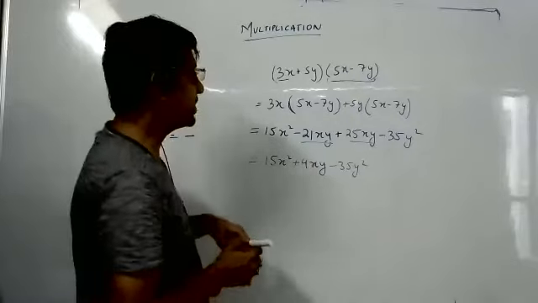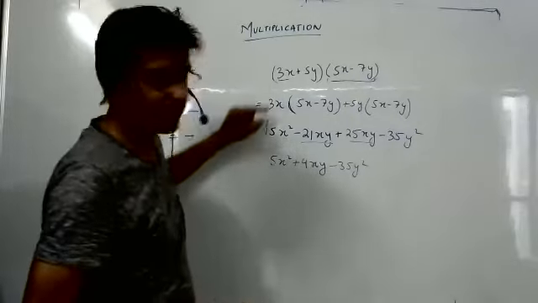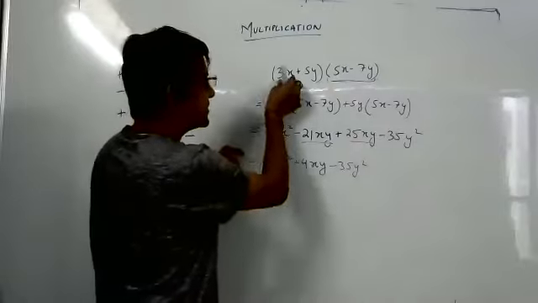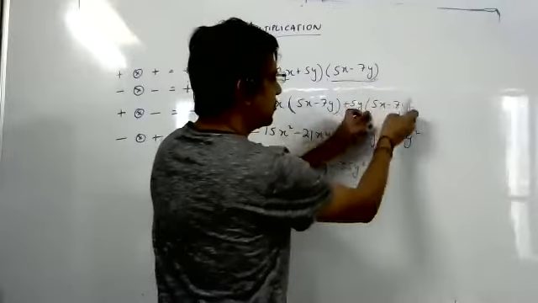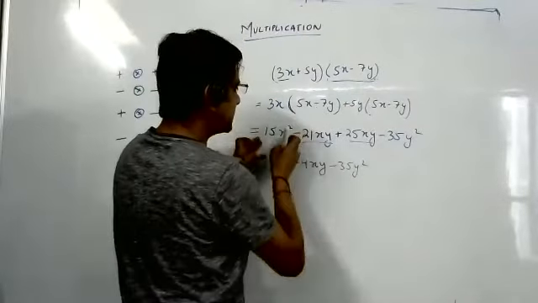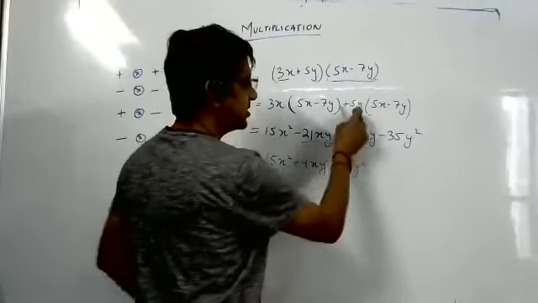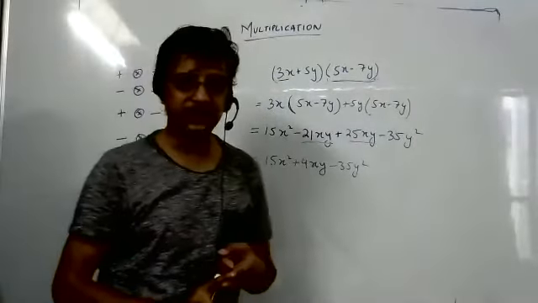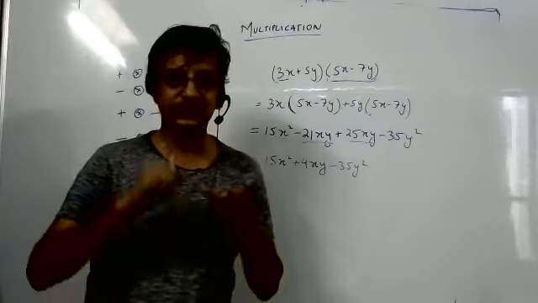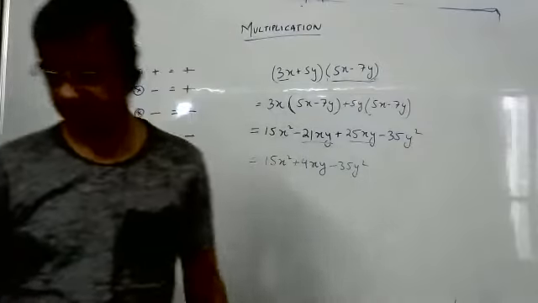So you have to be very attentive about what you are doing. Every step is very important. First this you write, then whole. Then this you write, then whole. Then you multiply this with this, then you multiply this with this. Then this, then this. In multiplication, first you have to multiply sign, then you have to multiply coefficient, then you have to multiply variables.